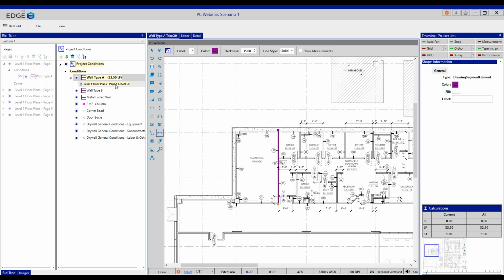So it automatically placed page 1 below wall type A, simply telling me that condition has been used on this page. And then over on the pages side, you can see that wall type A has been added as a condition for page number 1. I mentioned earlier at the very beginning that this is something that would be used in place of copy and paste. Well, you can see that's exactly what's been done. We've created a copy of wall type A from the source, the project conditions page. We've now pasted it onto the page that it needs to be on,